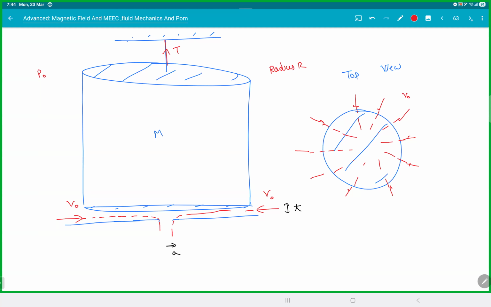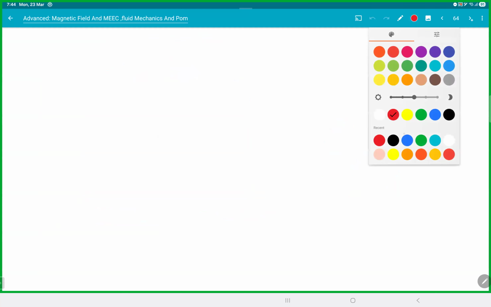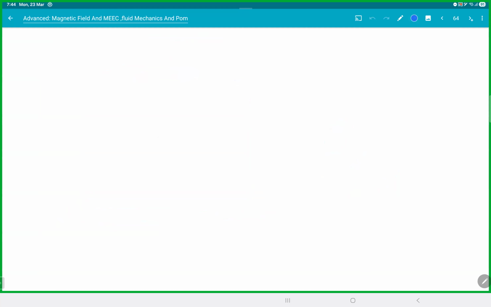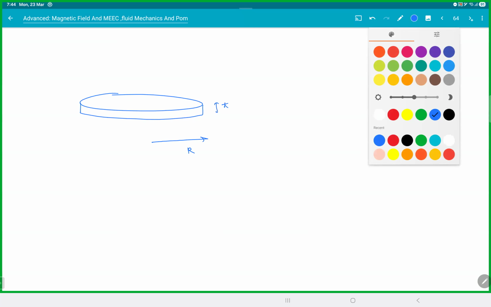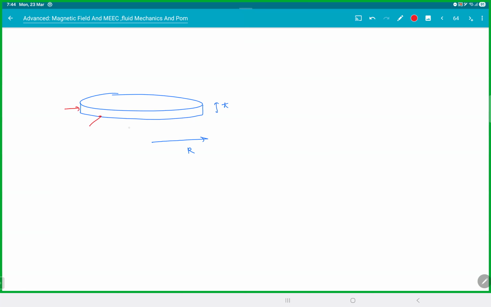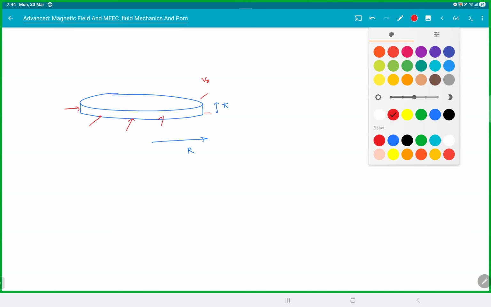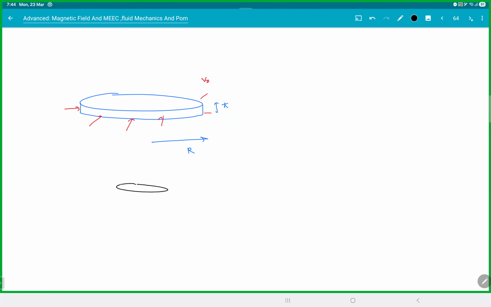Did you guys figure out what was happening? As the liquid enters inside, will the velocity remain the same? That was the thing. So when the liquid enters here, so this was R and this was T. So liquid here is entering with the speed of V naught. So at a distance R, so when you take a smaller thing,